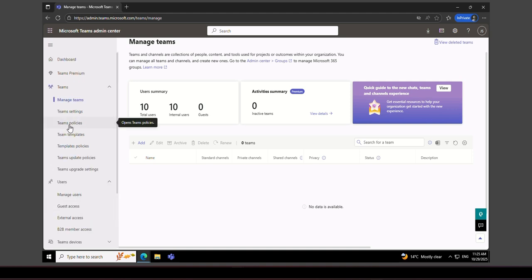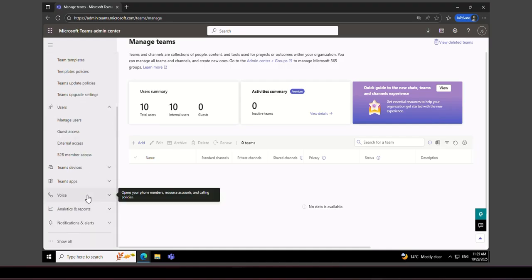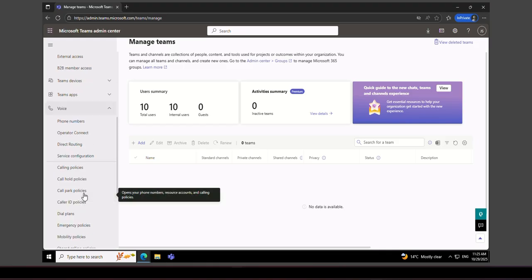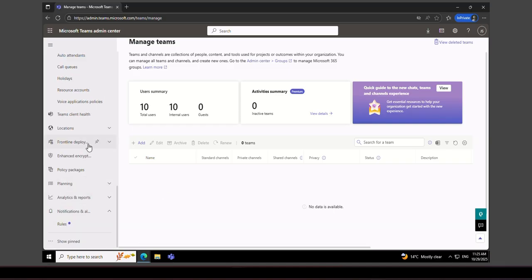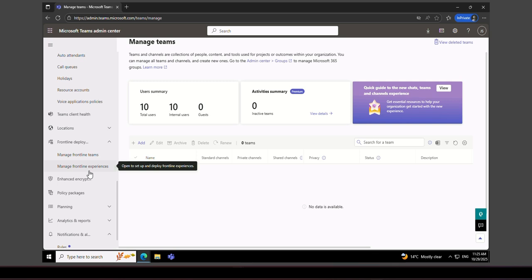In the show all option we have policy packages, so let me quickly find it. Okay, it's not here. Okay, I found the policy packages,